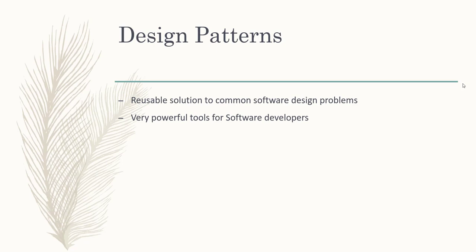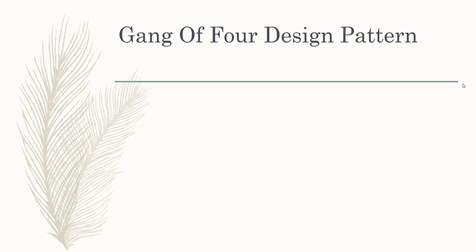Selecting a particular design pattern and the usage of that particular software design pattern widely depends on individual needs and the software design problem which the developer needs to address. There are majorly a few steps in implementing design patterns. First step is to identify a particular software design problem which needs to be addressed by a software developer or the application developer. Then you have to identify a particular design pattern among the current 23 design patterns. Then determine the best suited design pattern to solve this particular problem.